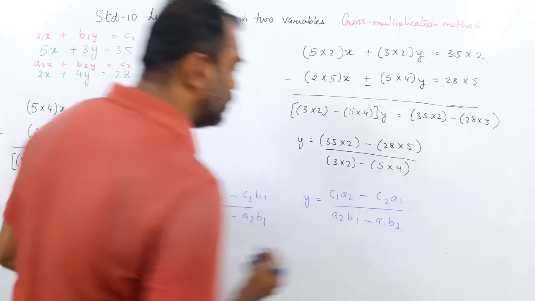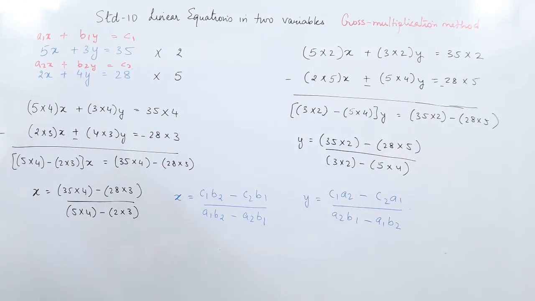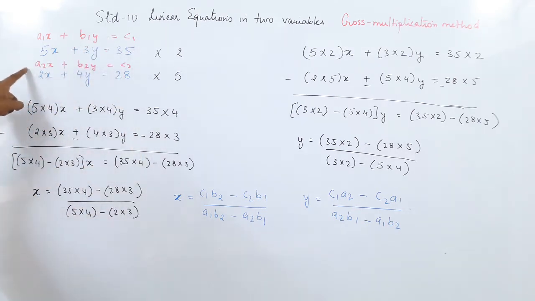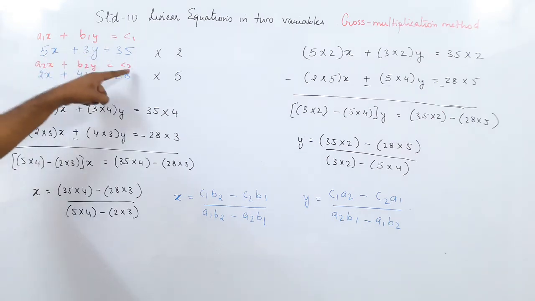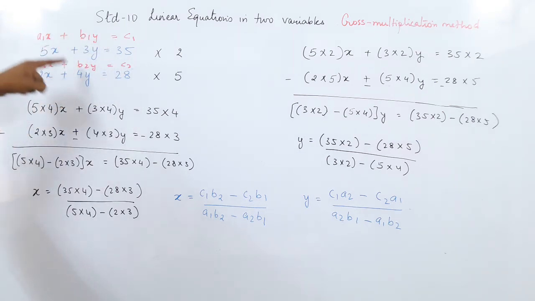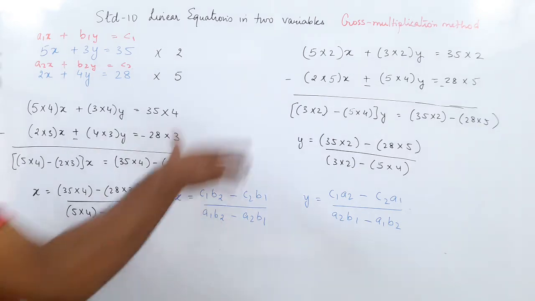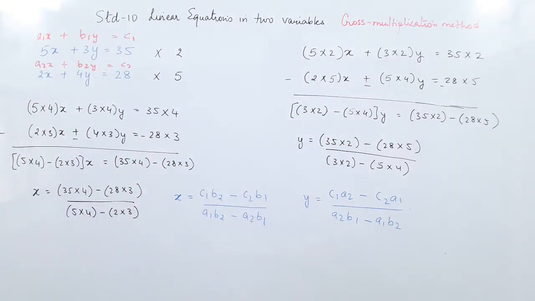So we have done the elimination, eliminated y and got the value of x in this form. Which are the two equations now? When you do the multiplication method, you write a1x plus b1y equal to c1, a2x plus b2y equal to c2. To find x, you multiply c1 into b2 minus c2 into b1 upon a1 b2 minus a2 b1. And here to find y, you find it like this. Here I used the elimination method, but this is the derivation part.